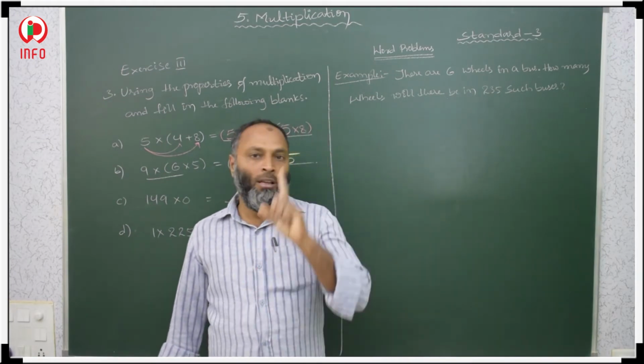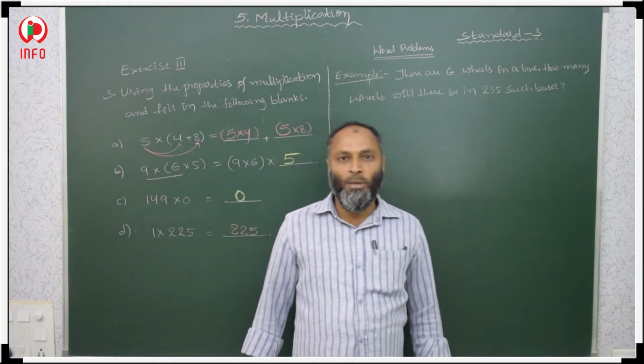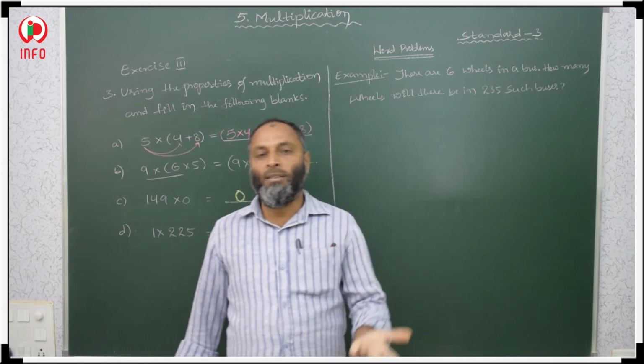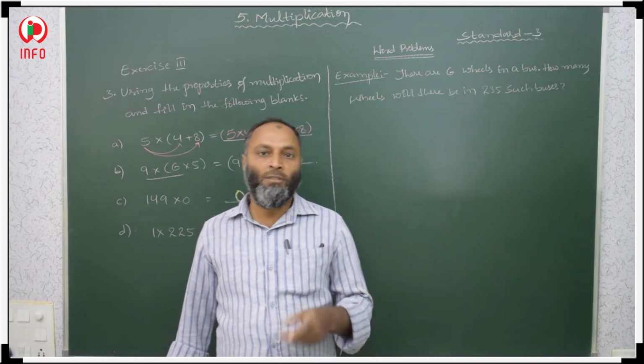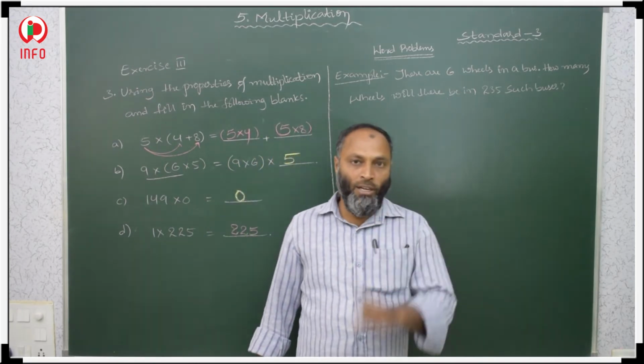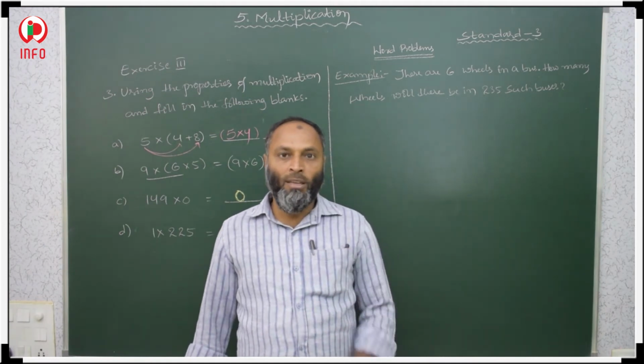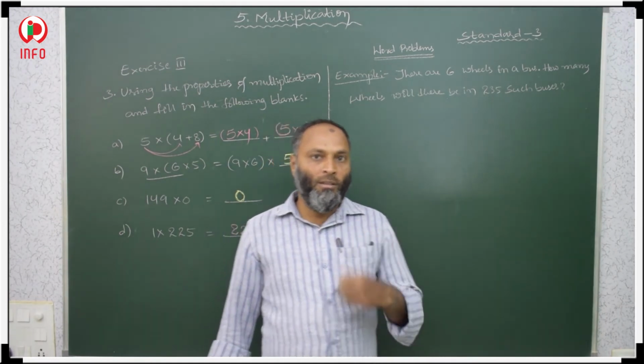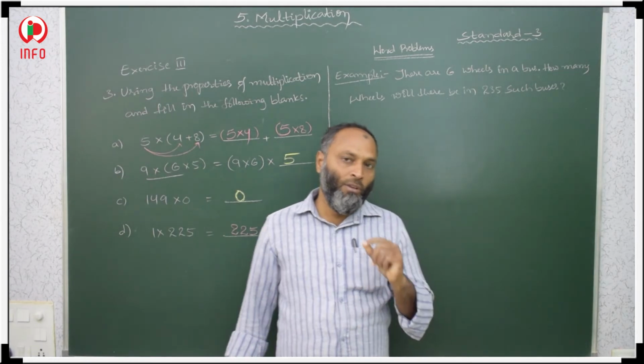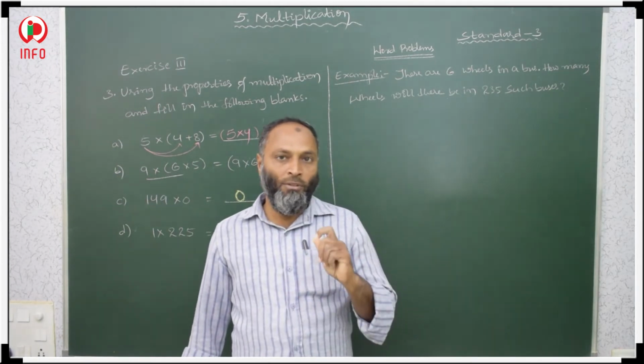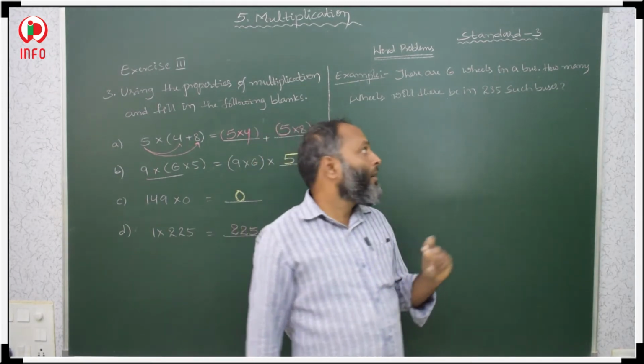For example, 1 pen cost is given as 5 rupees. Then he will ask the cost of 15 pens. Means first he has given the unit quantity, 1 pen cost. He is asking for more. So in that case we have to use multiplication. We have to follow that one.